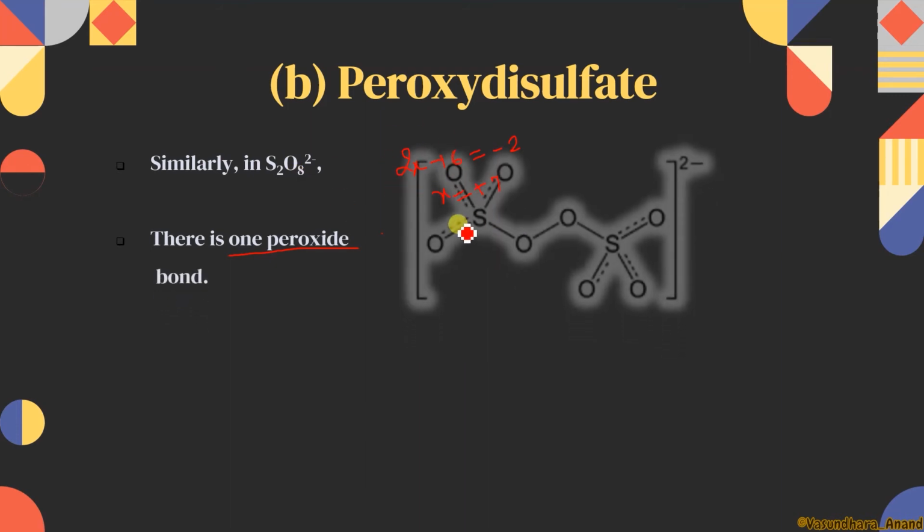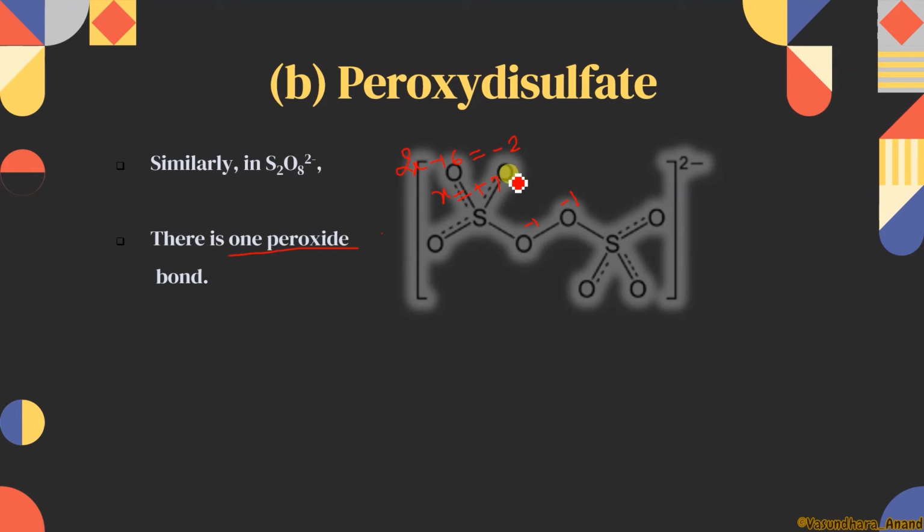This is the structure, S2O8, we will give 1 peroxide bond. How to draw this structure will also be taught to you. Just have patience. We will use this very well in class 12, making the structure. Here also I will tell you, just wait. Okay, so this is 1 peroxide bond over here. So in this case, this is minus 1 and this is minus 1.